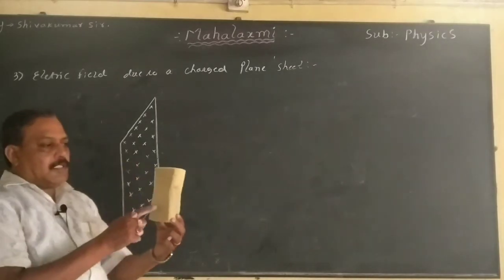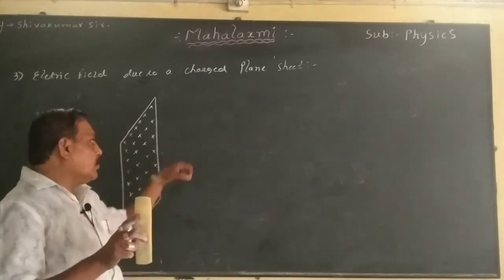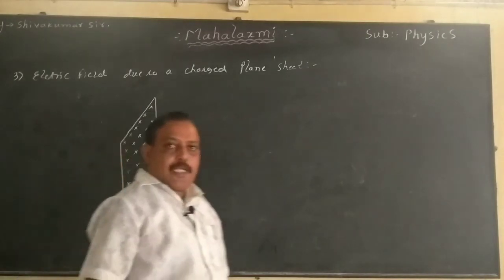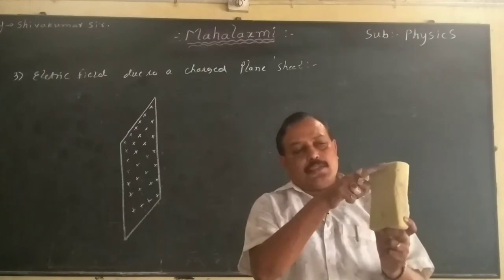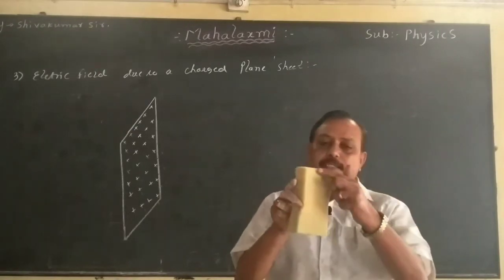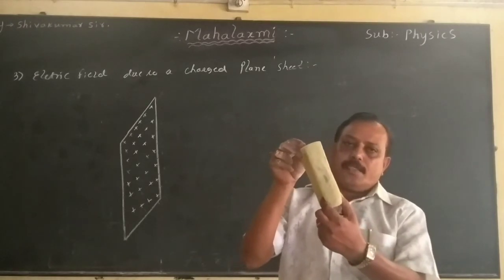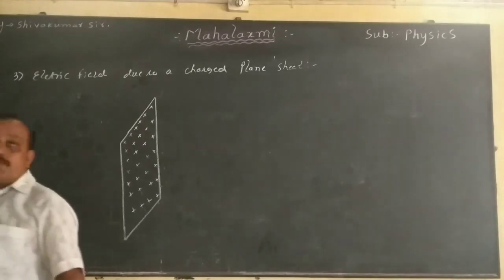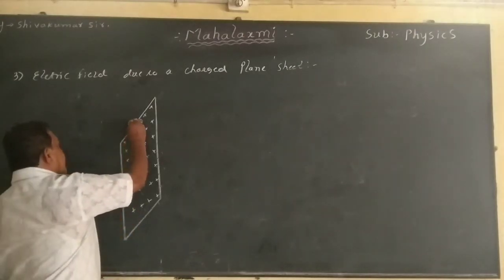When charges are given, they come here and also on this side, because we are dealing with 2 dimensions, x axis, y axis, we cannot see the back charges. In 3 dimensions, we can easily understand. These are the charges available on one surface and these are the charges on the other surface. Now this is our plane sheet. Front charges you can see, back charges you cannot see, because we are drawing a 2 dimension figure. So the surface density of the charge is sigma.